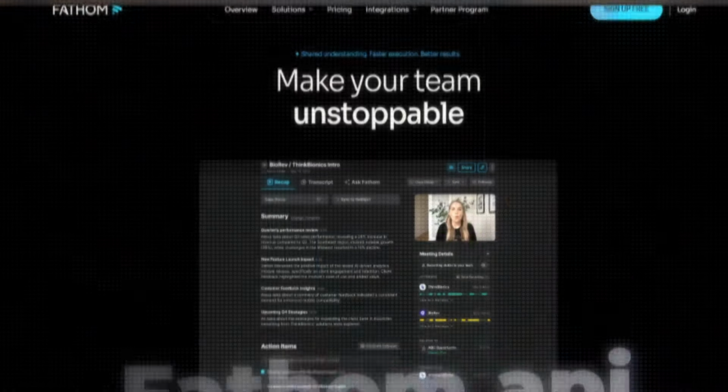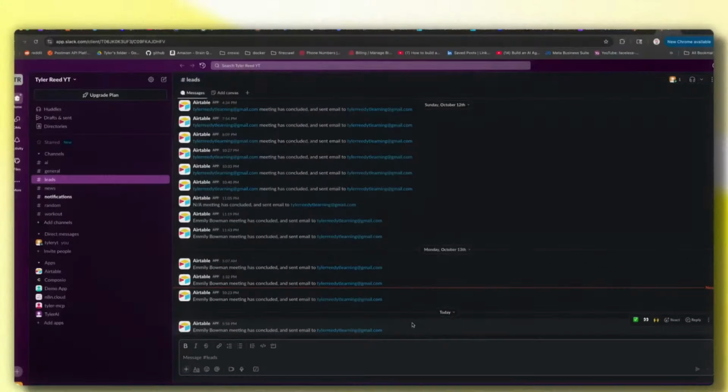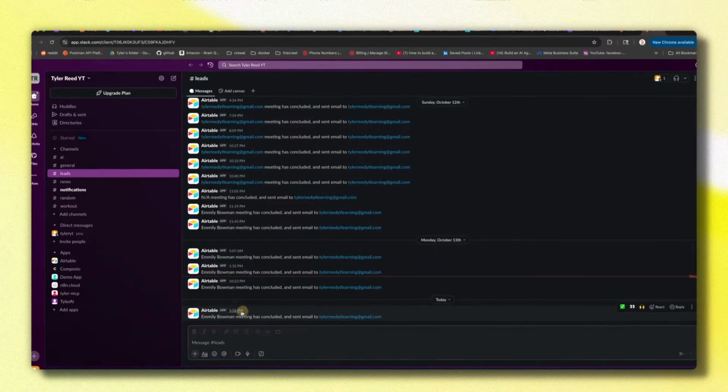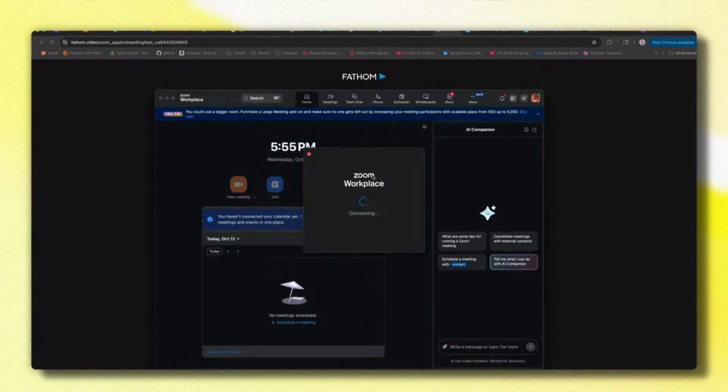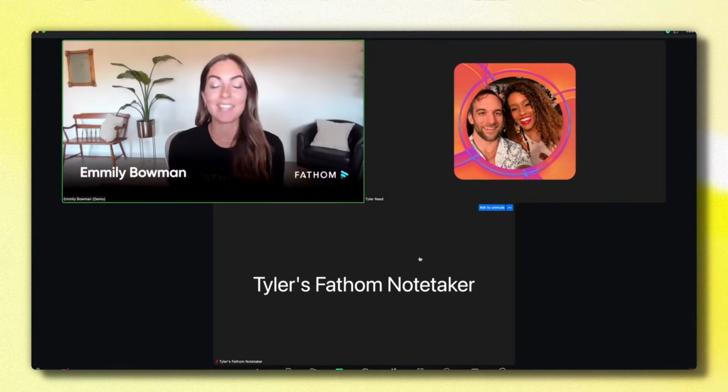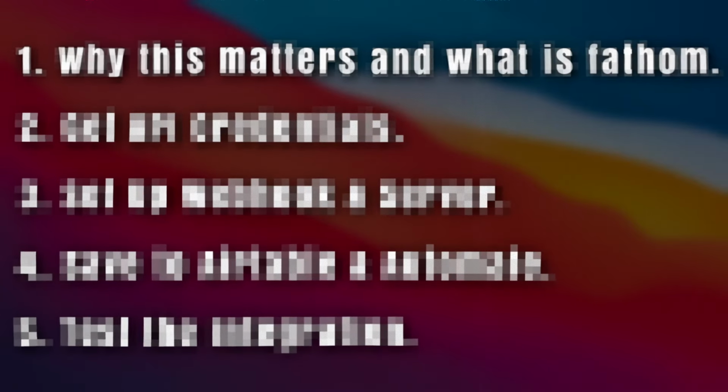Fathom just opened up their API, and this is great news. This first off means that we're no longer tied to Zapier, and secondly, we can do way more with our meetings now that we have API calls. And we'll be doing this in 5 steps, starting with the first step: why this matters and what is